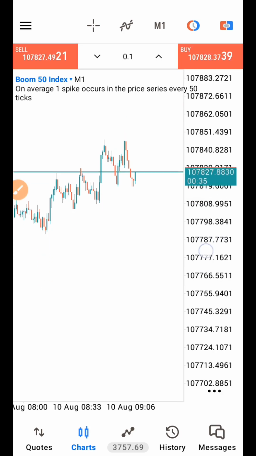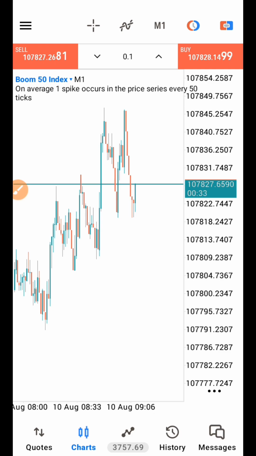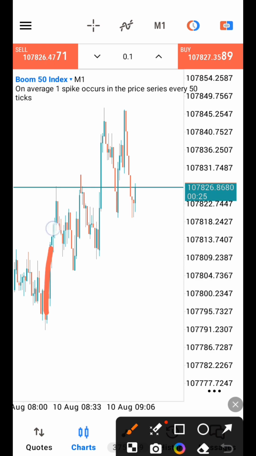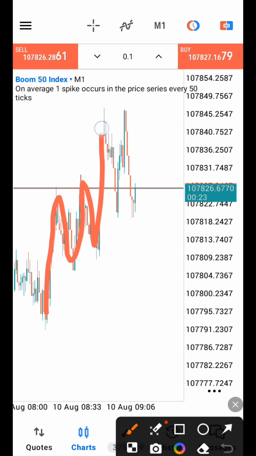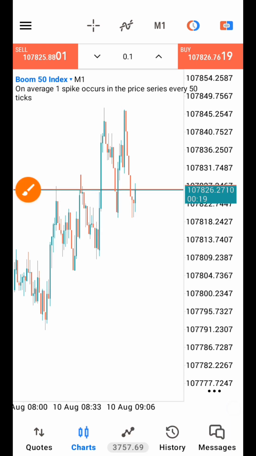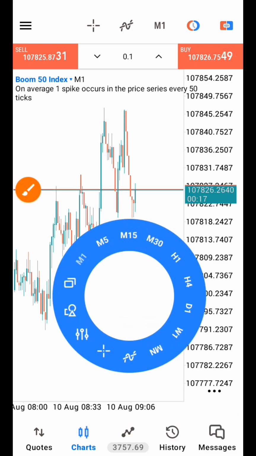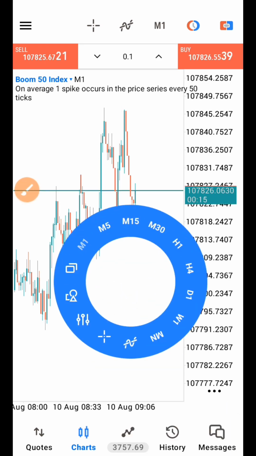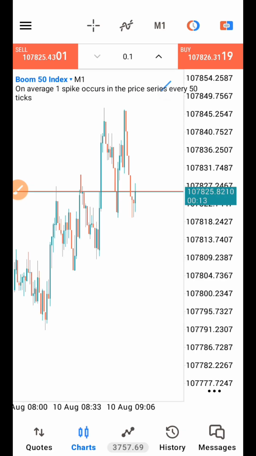So you can see if you want to catch a spike, there is this structure here that is going up. You can see the market come back to clear this liquidity here. You understand? You can see the sweep, the minor sweep. You can see it, right?